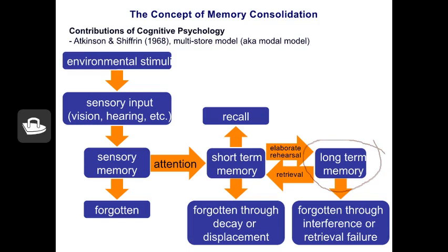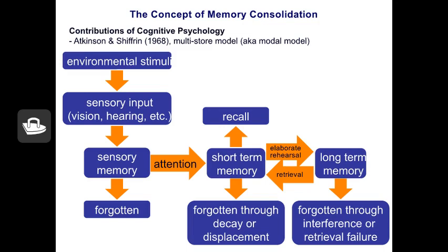So I'm going to comment that this model, although very useful and a huge advance in our understanding of cognitive processes, is overly simple. If you take a cognitive psychology course, you'll learn that both short-term memory and long-term memory are much more complex than this model suggests. For example, short-term memory, an almost defunct term actually, is composed of multiple interacting components, like the central executive and